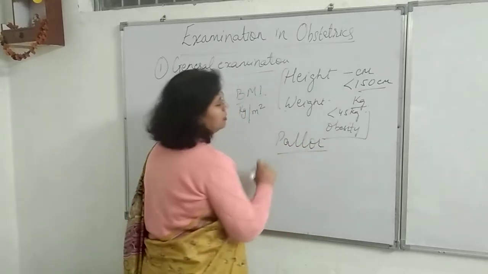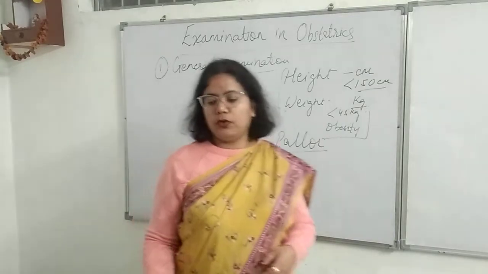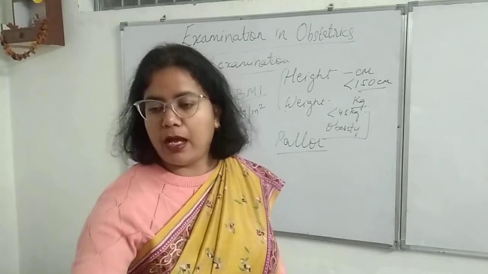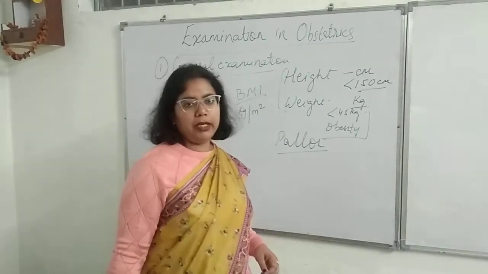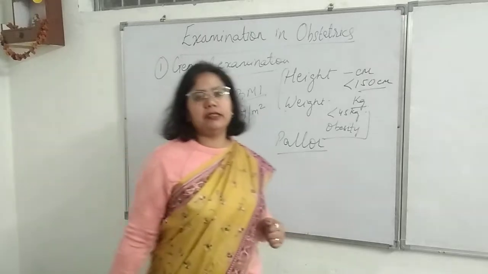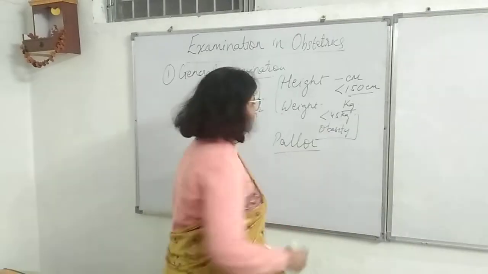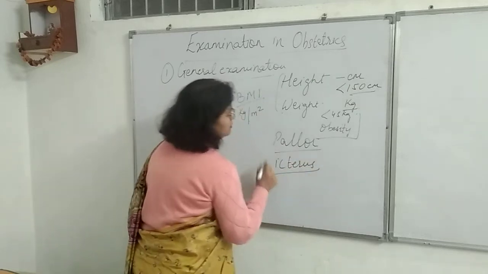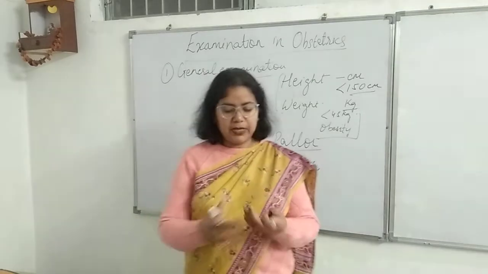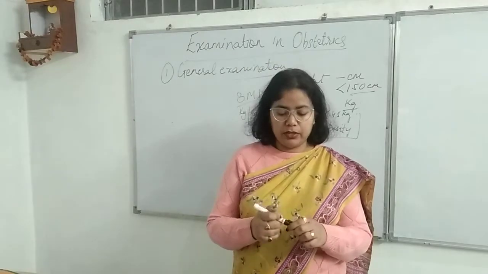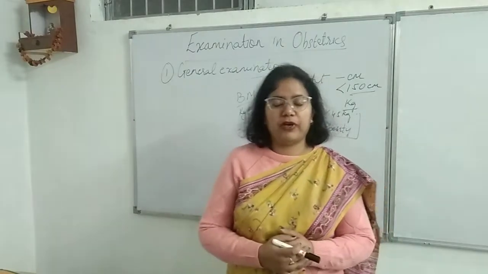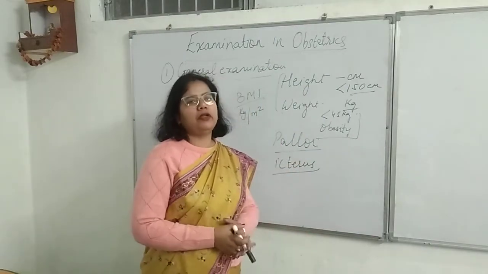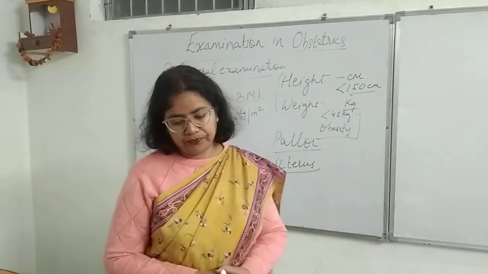Now we'll look at the pallor. Whether she is pale. Pallor places we know: the tongue, then our conjunctiva. Okay, then our nail beds. We look for pallor. Then icterus, sclera. Sometimes if jaundice is there, her bilirubin levels are too high, her whole body will be looking yellowish.